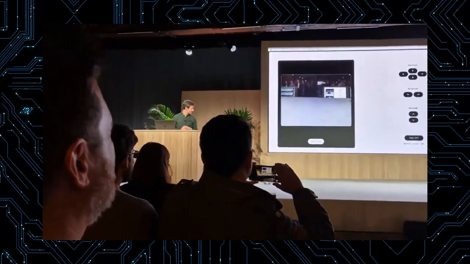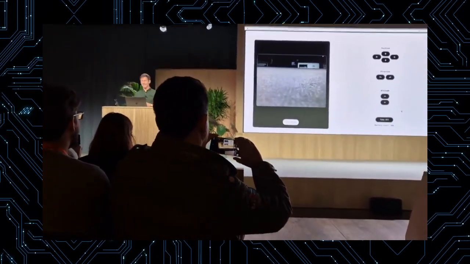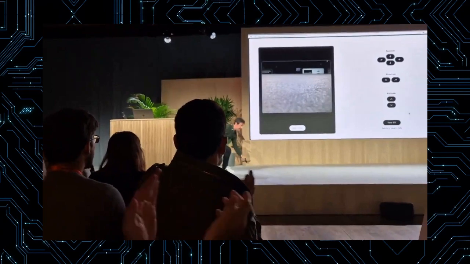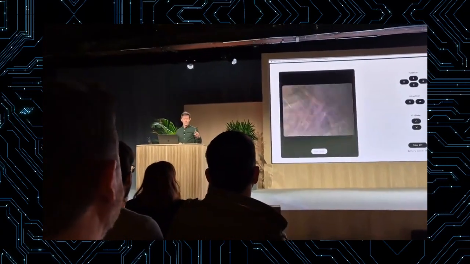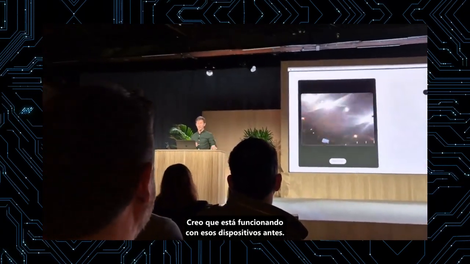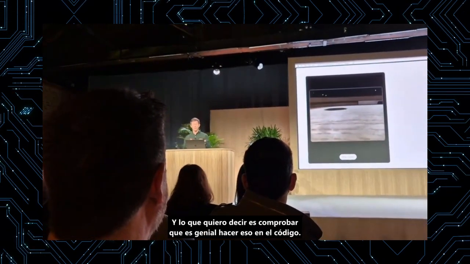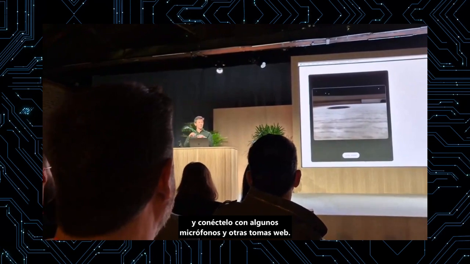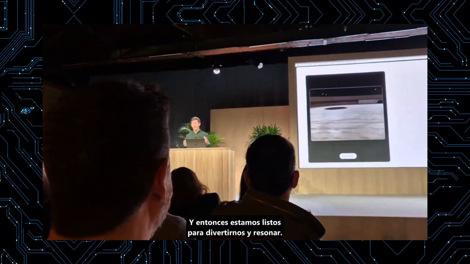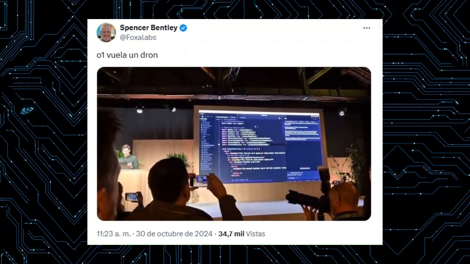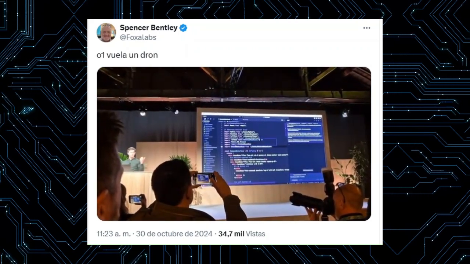Cool. Wasn't that amazing? I had no experience working with those devices before, and all I did was ask o1 to be the architect, bring the low-level code, and connect it to my front end over WebSockets. And so we're really entering a new paradigm with reasoning. We can't wait to